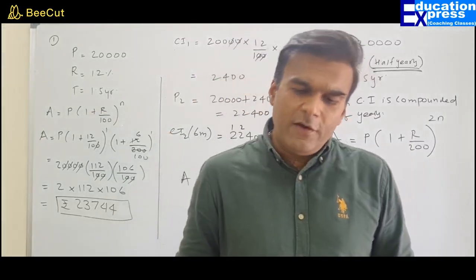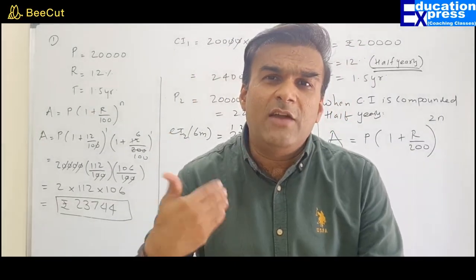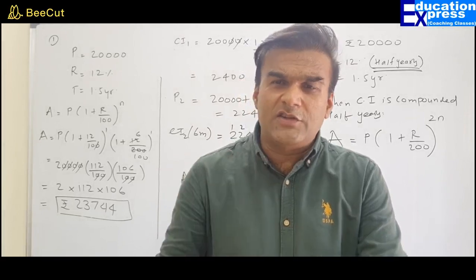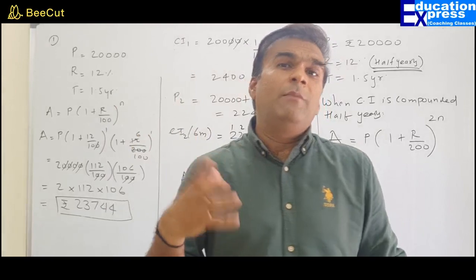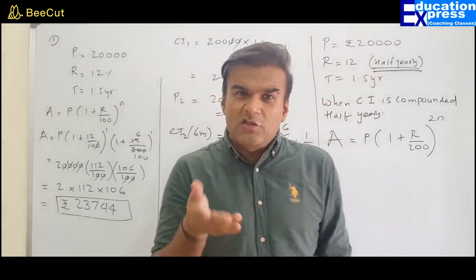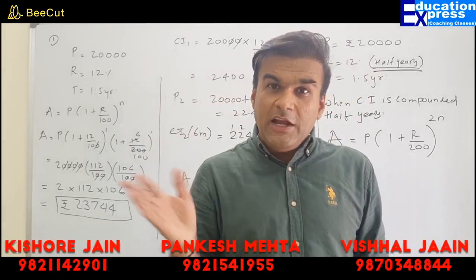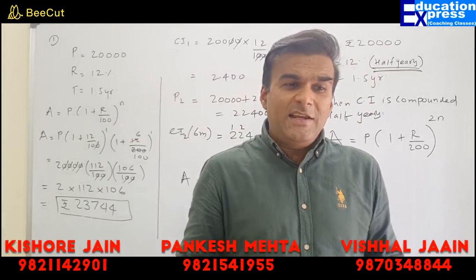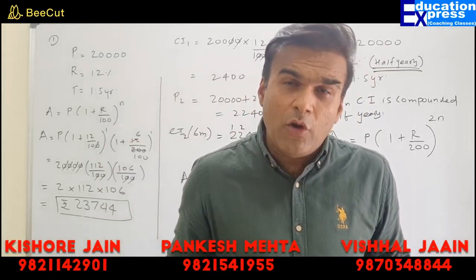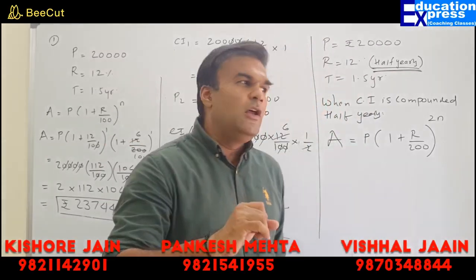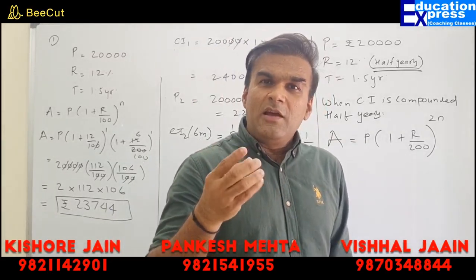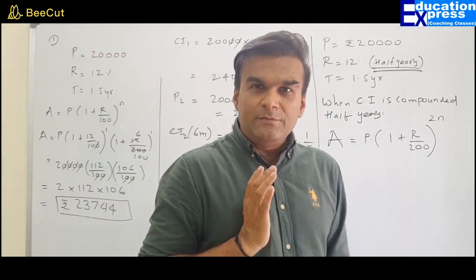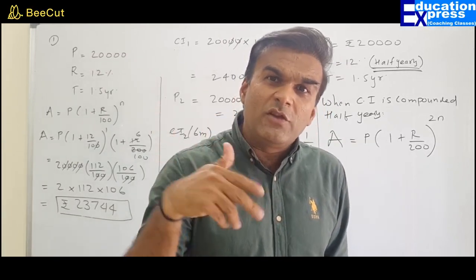So why will it differ? It will differ because after every 6 months, you are getting an interest. Whatever interest you get, you are reinvesting. So my principal for the next 6 months would be an enhanced, increased principal. As a result, I earn more interest on the increased principal. Over here, after every 6 months, I will get interest. The same interest I will add to my principal. So more principal would be used for the next 6 months.